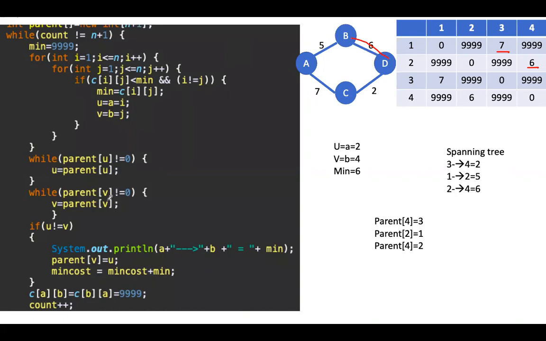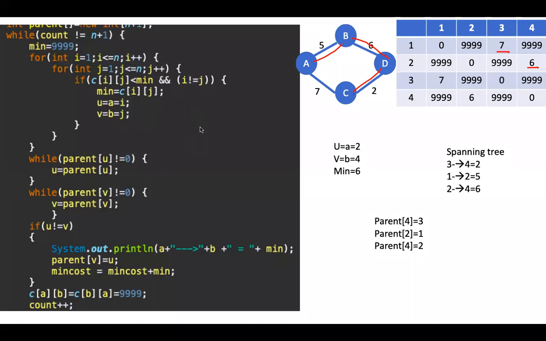See, already we got the spanning tree. Easily you can identify this is the spanning tree which you were trying to find out. We got the spanning tree from this graph, and from this program also. Count value is only 3. But the while condition you have given here is count not equal to n plus 1. Count value is 3. So my question is whether the program should end here or it should continue. If it continues, what will happen?